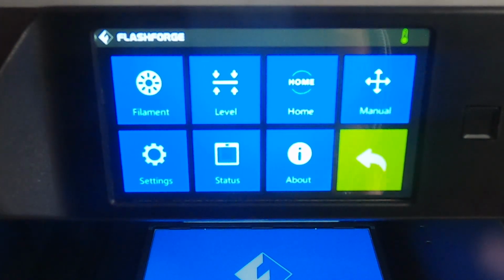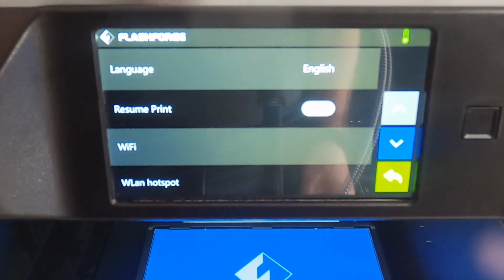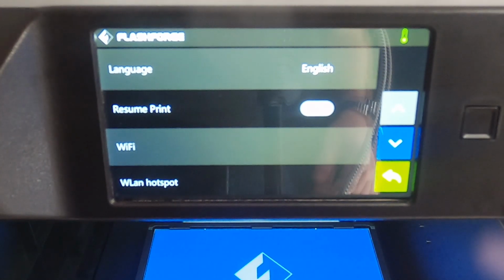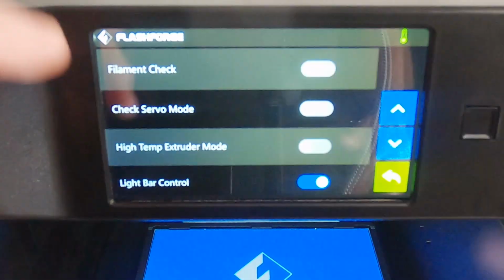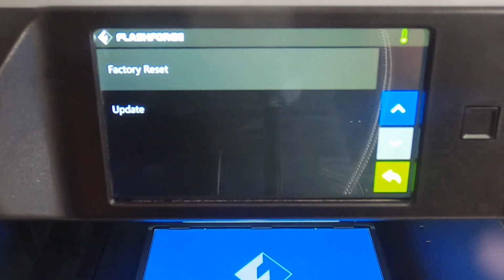Manual, so that we can move it around. Settings, so we've got resume print, so I didn't even know it did that. So I guess if it loses power and you have this on, when it gets power again it continues printing. Wi-Fi, again I wasn't even aware it had Wi-Fi. Check servo, so various different options in there, and a factory reset and an update, so we'll come back to